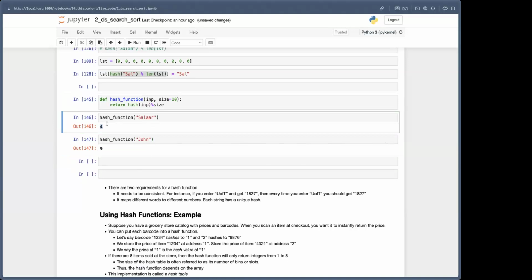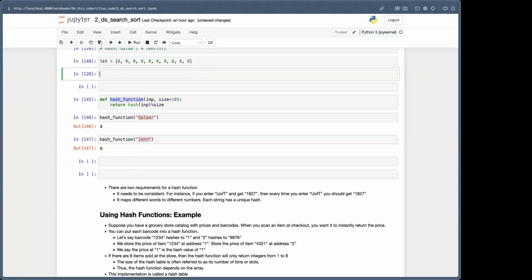So these numbers that are now coming out of our hash function correspond to indices. What that means is in our collection, whether it's a list or something else, we should store the value Solar in position 4. And we should store John in position 9. So if this is our list, what we can do is say store, like if the value that we want to store is Solar,